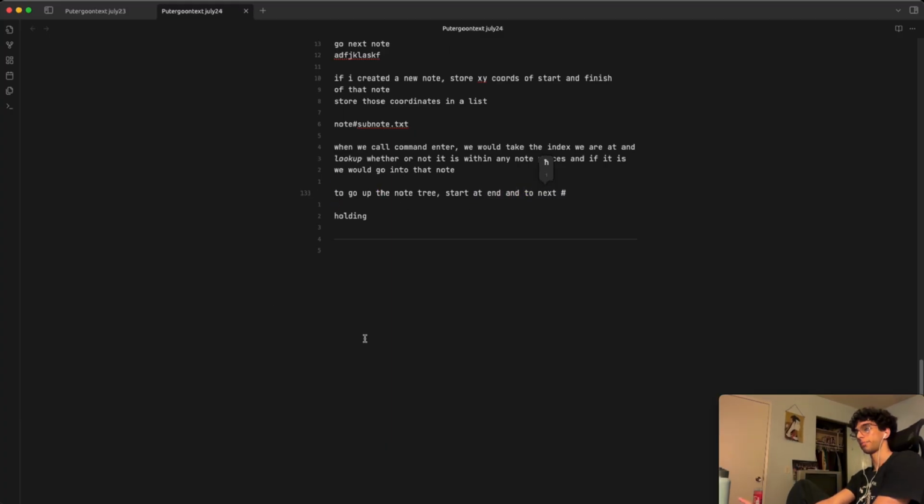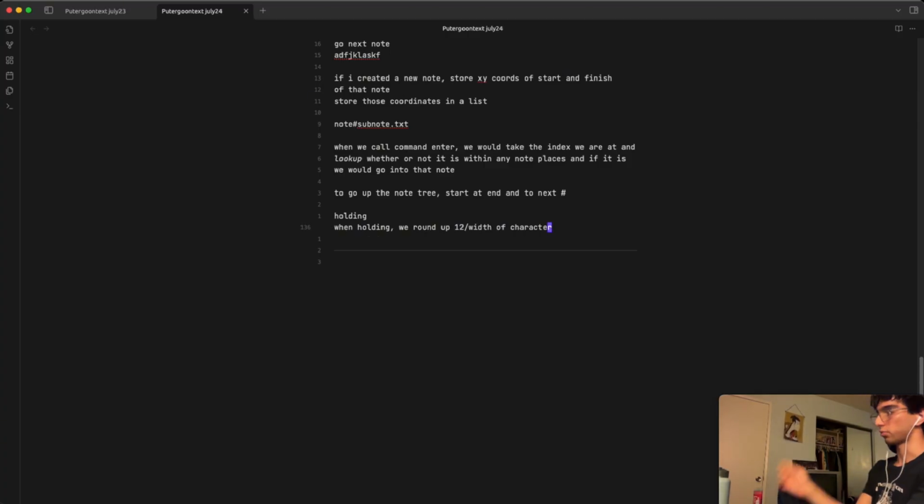We don't want that. So what if we hold it, you round up 12 / length of the character? Because if we do that, we would immediately jump to the next spot. You cut out the possibility of the cursor being rendered at any point that's not 12 forward. It would force each movement to be 12 forward. And if you did it with 6, that would also make pressing H and L once possible, right? Because if we made it 12 and then we did that, it would be, oh wait,